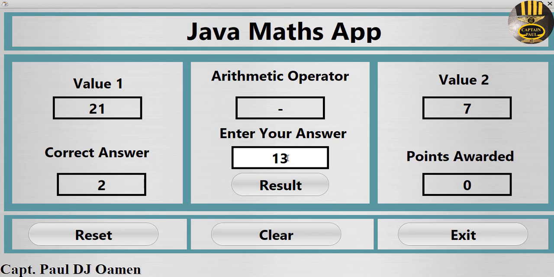And here you will then enter your answer. Whatever your answer might be, just enter it in there. If the answer is wrong, you get the correct answer here, and if the answer is right, you should gain a point. So now we have 22